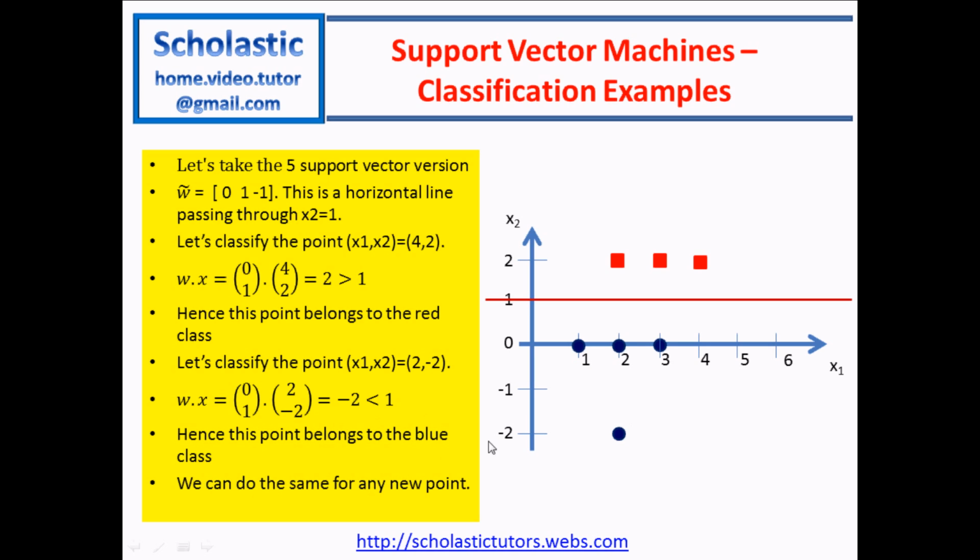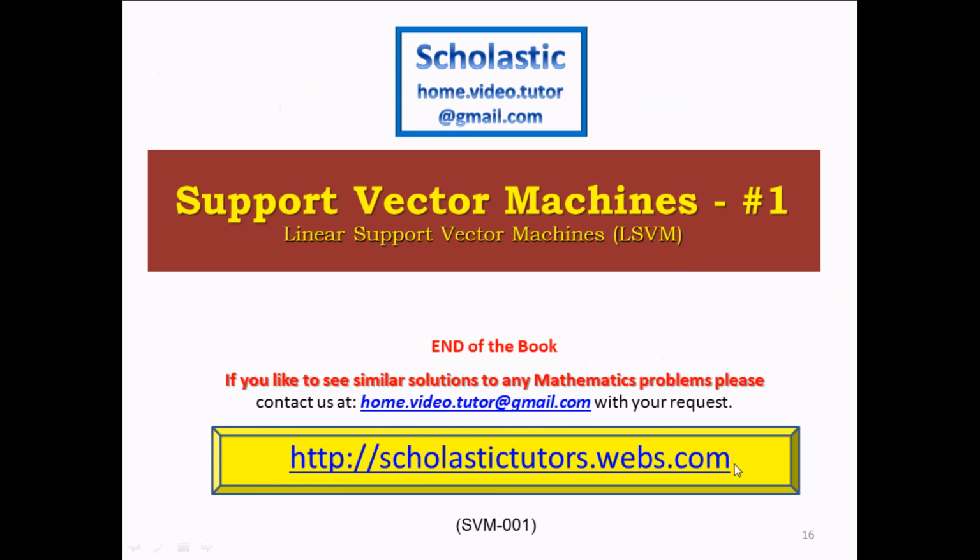So we can do it for any point in this space. You take the point and substitute it in this equation, and see whether it is greater than or less than 1. If it's greater than 1, it belongs to the red class; less than 1, it belongs to the blue class. Okay, that's how we can simplify support vector machines into very simple terms without any complex